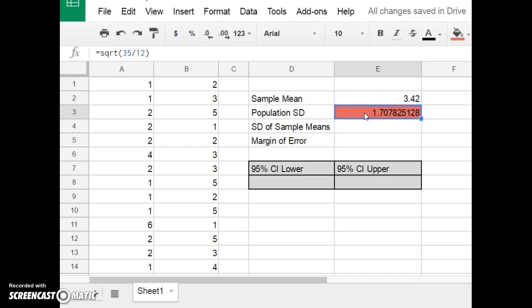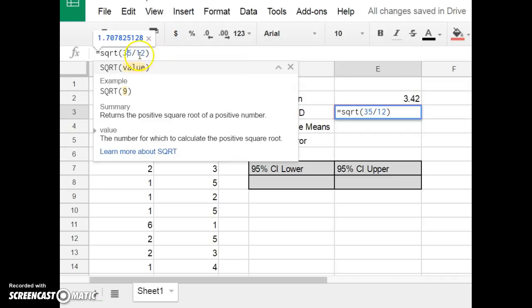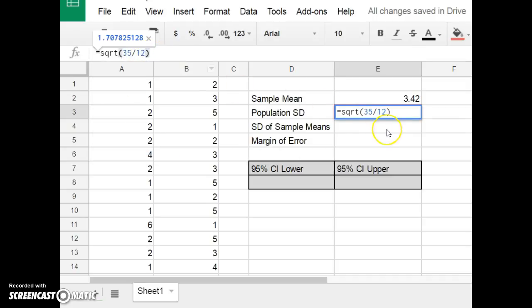Then the population standard deviation I'm giving to you, put it in as a formula. Put it in as the formula square root, SQRT, of 35 divided by 12. And how we get this, if you're interested, feel free to email me. It's a little bit beyond the scope of this course, but we're using that as the known population standard deviation